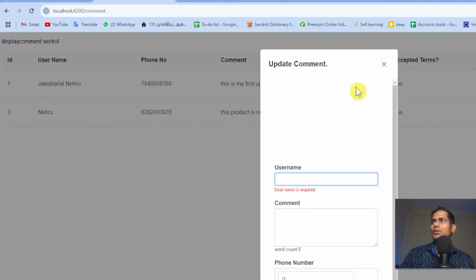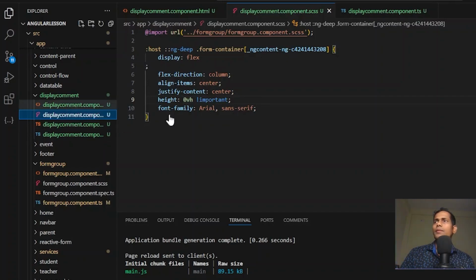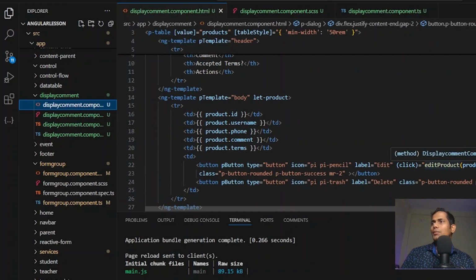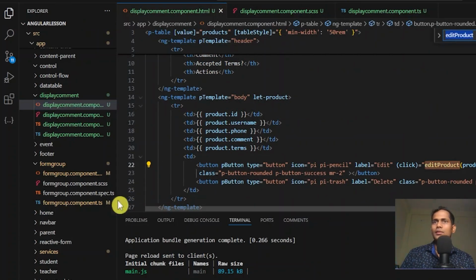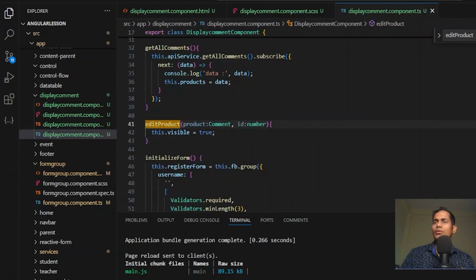We should have this row data within this. I mean the username has to come here, so that if I want to edit the username, I will edit the username, and phone number I should keep, and comment should come here, and here it has come. So while clicking the edit button, I am calling a function called edit product. Okay, I just Ctrl+F so that it will come here and come to the TS file and go to here. Okay, now what I would do guys,